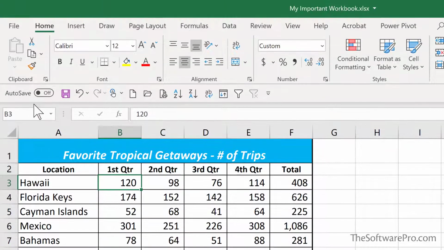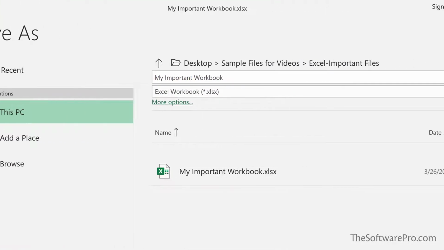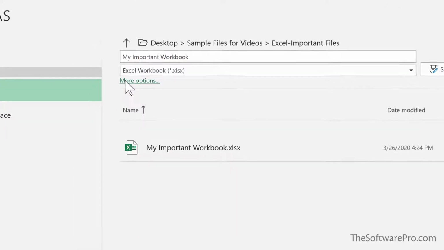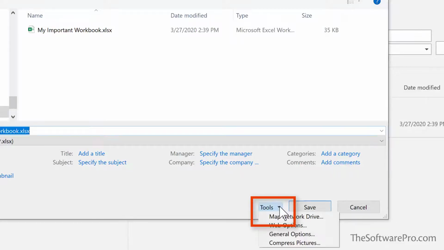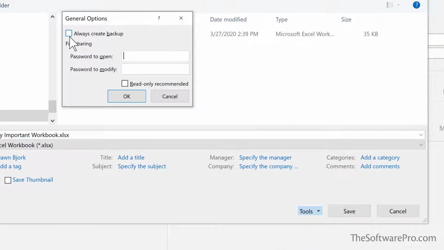With the file open, choose File, Save As, and then select More Options. This takes you to the Save As dialog box. From here, we could change the file name, change the file location, but our focus for the auto backup is to go to Tools, just to the left of the Save option. From Tools, choose General Options. And here's the choice, Always Create Backup. By default, it's unchecked. Simply select that, choose OK,